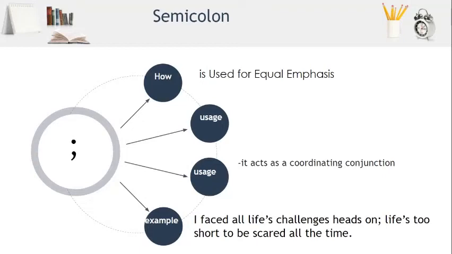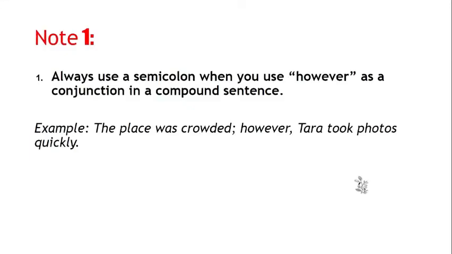So if you can see here, only the M dash doesn't use a space before and after a word. Okay, before its usage and after its usage. But for semicolon, colon, parenthesis, and so forth, they use a space after it is used. Okay, so if you can see there, heads on, semicolon, and then space. Okay. So let's see the number one note when we are talking about semicolon. So number one,